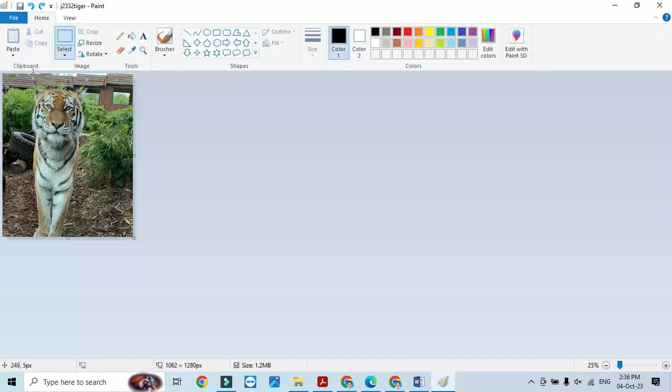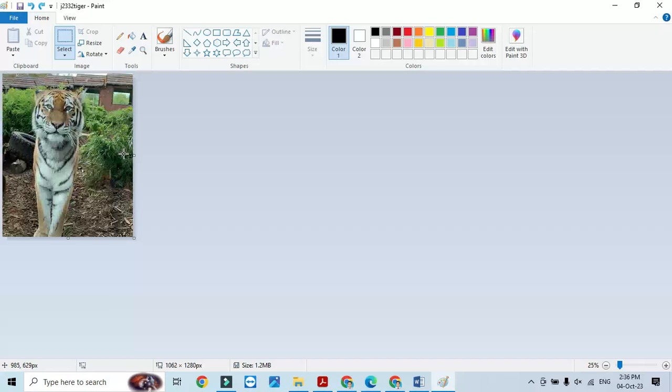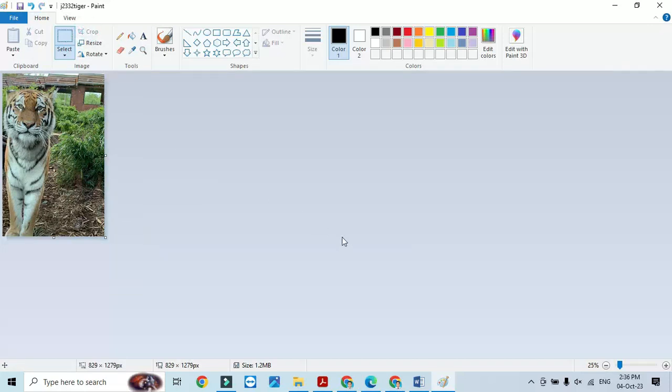So most of the tire, but none of the tiger. So I will select again. So this selection should be done in such a way so tiger is not cropped, and then we'll just say crop. So the tire is gone, and then